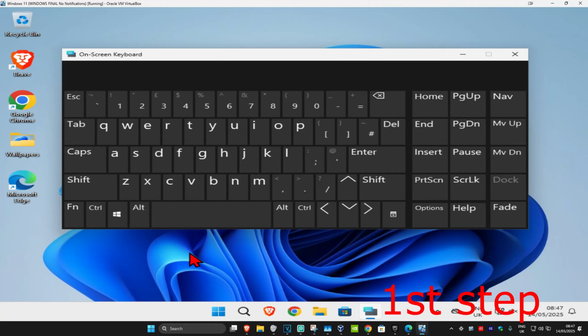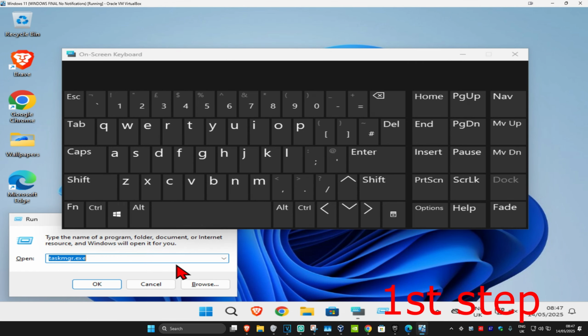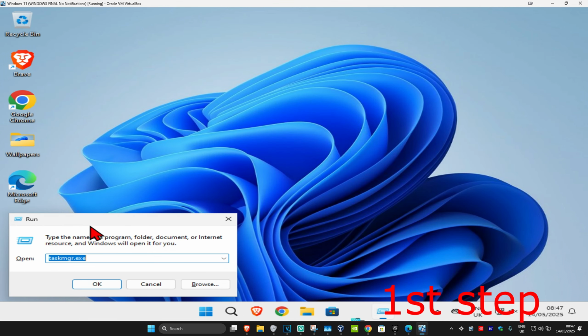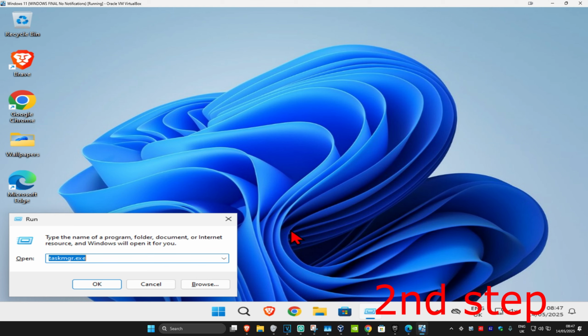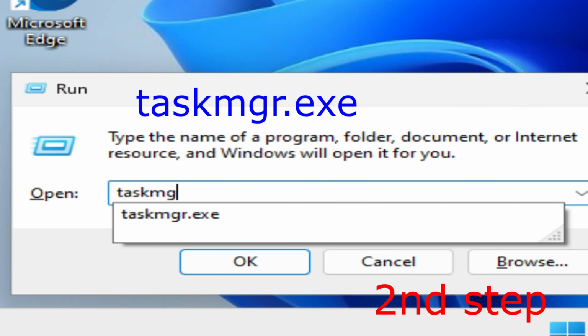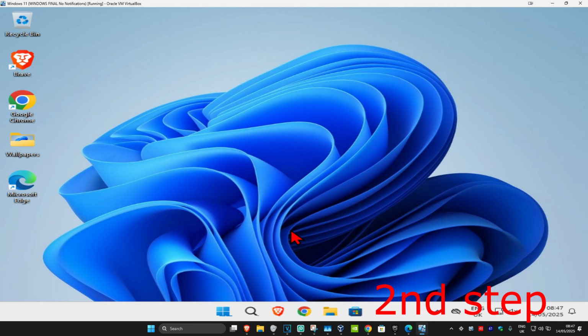So guys, for the first step, on your keyboard, you want to click on the Windows button plus R at the same time. You want to click on Windows plus R, and now this will come up, the Run box. And now once you're in the Run box, you want to type in taskmgr.exe, click on enter, and now